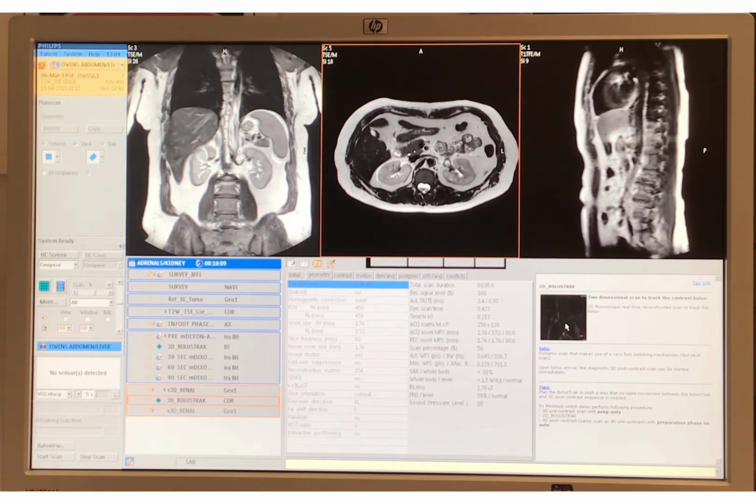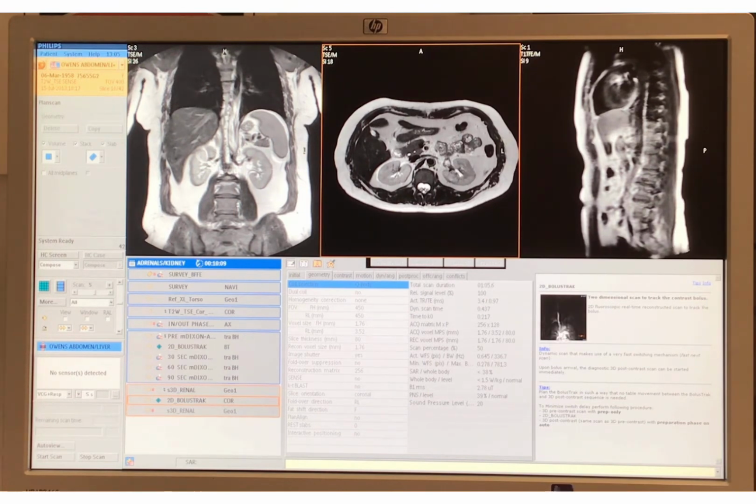And I'm going to start the injection. Now notice, I'm not starting my scan. I'm starting my injection. I'm going to watch as the contrast goes in on this particular patient. And once I see the contrast hit the arch, which you can see better live when you're here in lab, and I wish I could stop this, but I can't. But once I see it hit the arch, which is